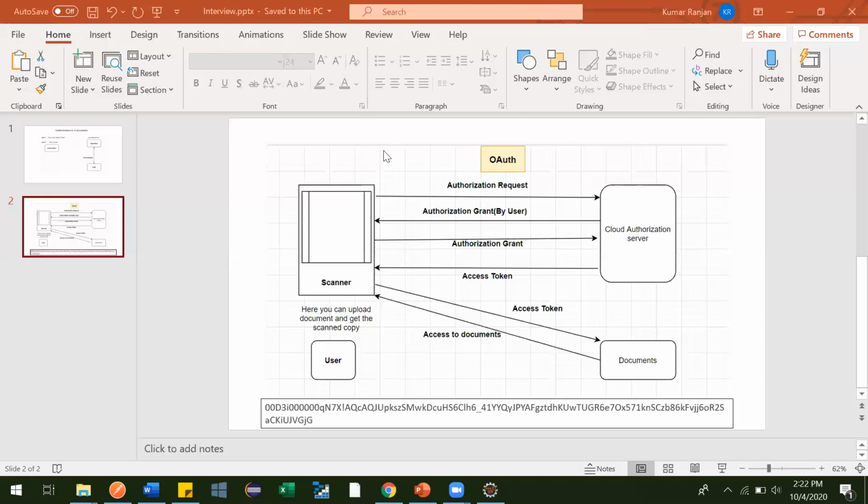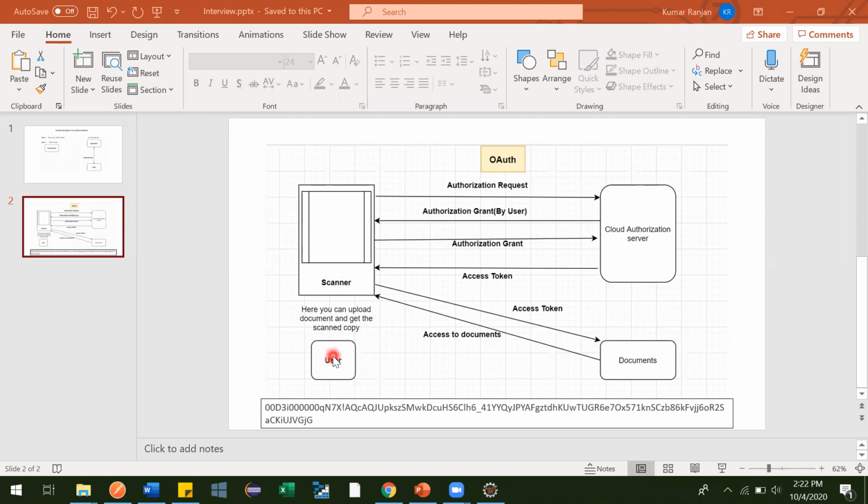This user has a requirement to use this scanner app to scan his documents, whether it is a photo, a salary slip or whatever it is.